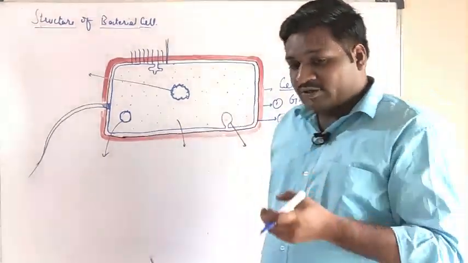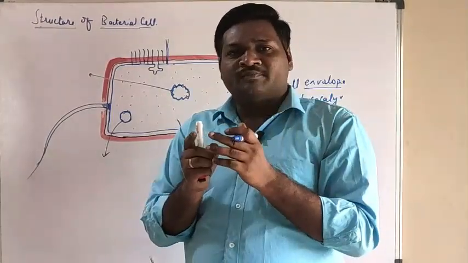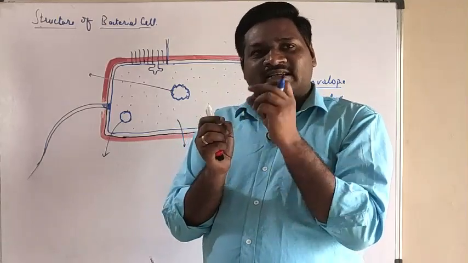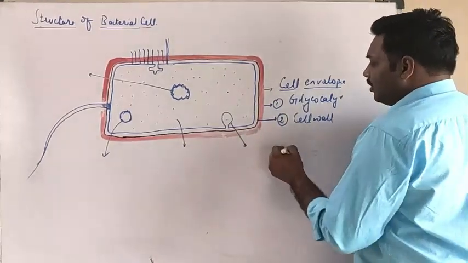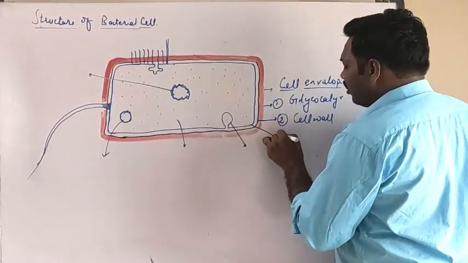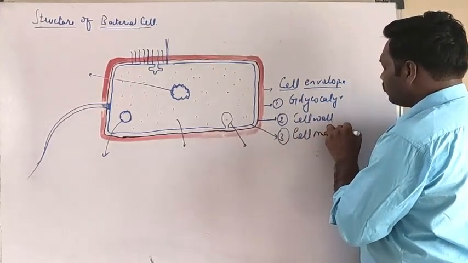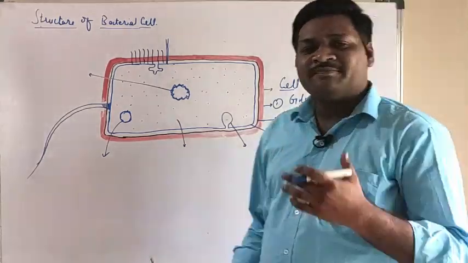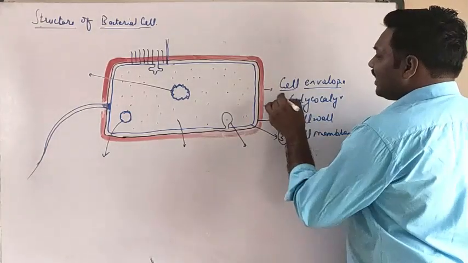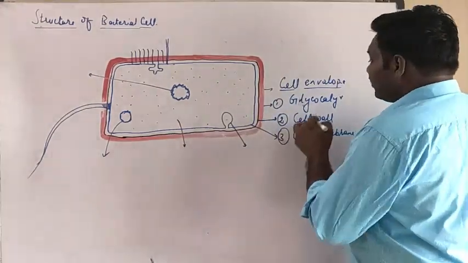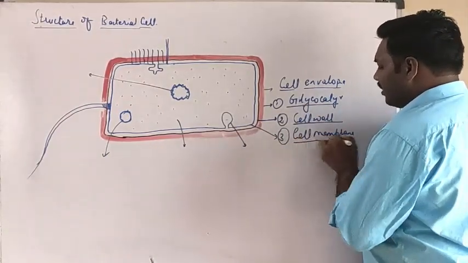We have also discussed the bacterial cell, where the outermost layer is the cell wall, but on the cell wall there is still a thick layer, and this thick layer is made up of glycocalyx. Now, the innermost membrane is called the cell membrane. The cell membrane is also called the plasma membrane. So, these are the parts of the cell envelope. Now, let's see about the glycocalyx, then we will see about the cell wall and cell membrane.